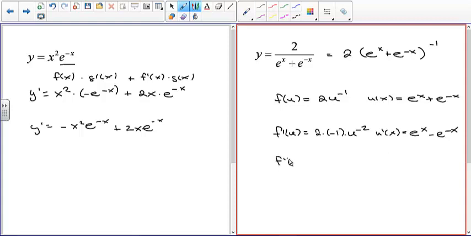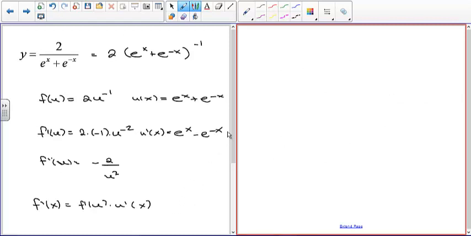So f prime of u is negative 2 divided by u squared. So I've taken this to the denominator. There's nothing you can do with the u prime of x. So you'd say f prime of x equals f prime of u. In this case, I'm writing it out because it's not simple. So you can't always just do it in your head. You might be able to, but